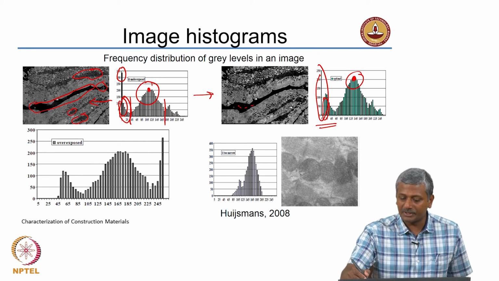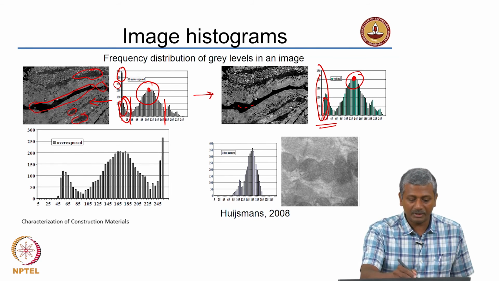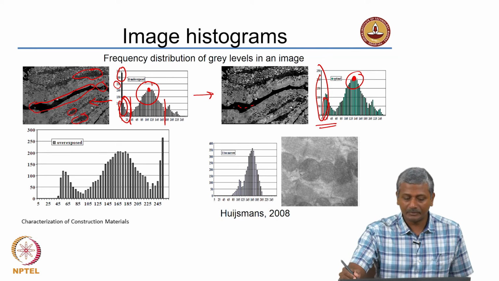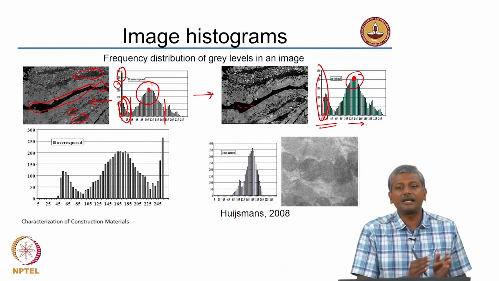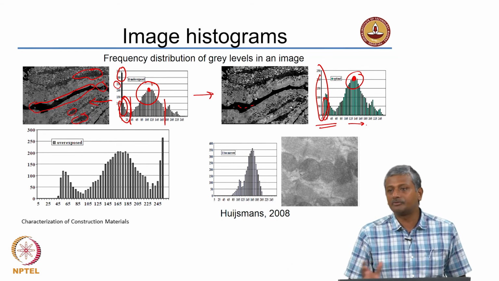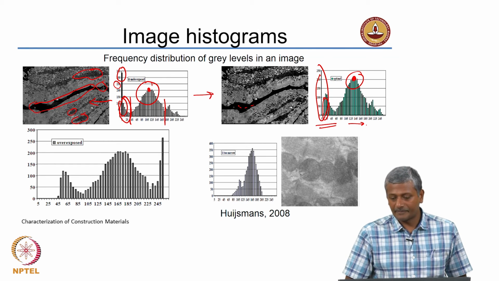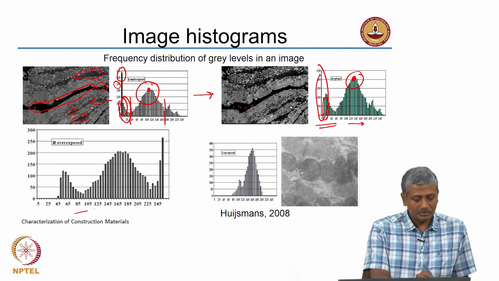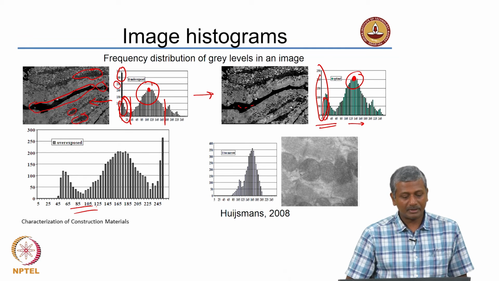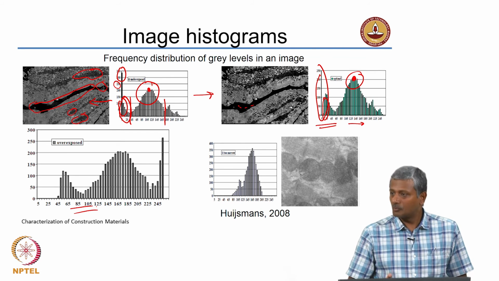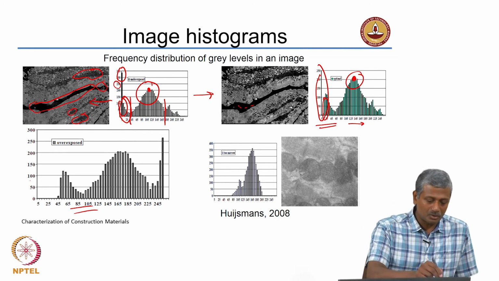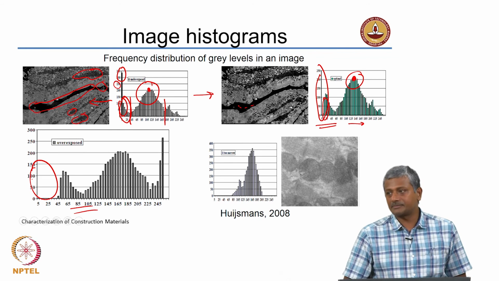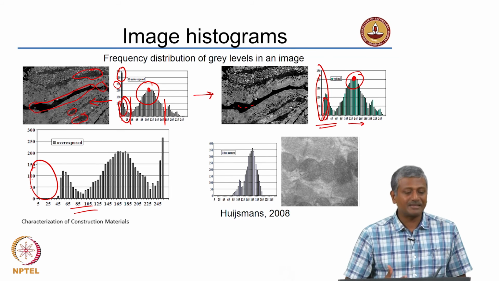The scale is different here, see this is 200, this is 250 here. The frequency is still 200, okay, but there is an increase in the gray level of each point by about 10 to 15, okay, all clear. Now, the same image is overexposed in this case. Overexposed means what? Too much brightness. What will happen in that case is you are cutting off a very large region of gray levels. So, that means you are not getting the same information that you want to get.